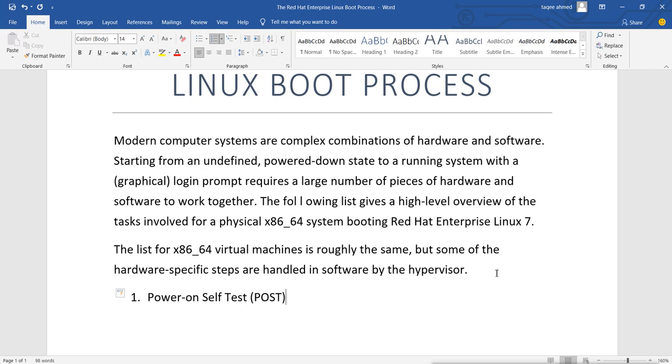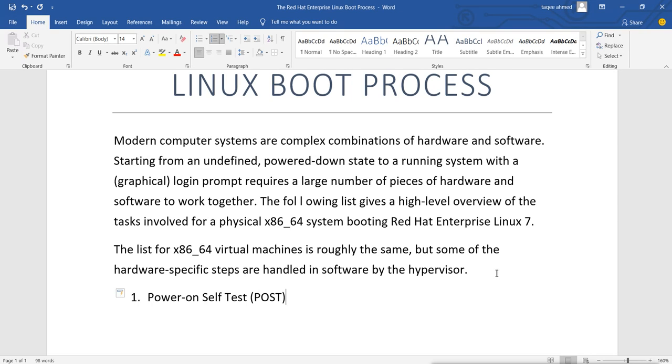Now this POST comes from firmware, from BIOS. If we want to manage this, we can manage it from the BIOS by using the F2 key. Mostly PCs use the F2 key or the delete key. When your machine is starting, if you want to make changes to your firmware, you can do it by using the delete or F2 key. So what does POST do?